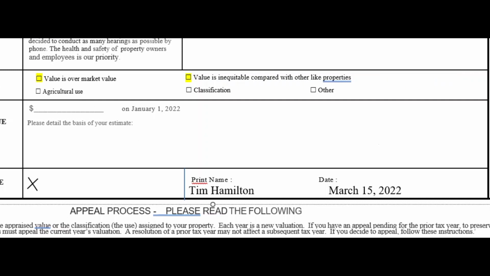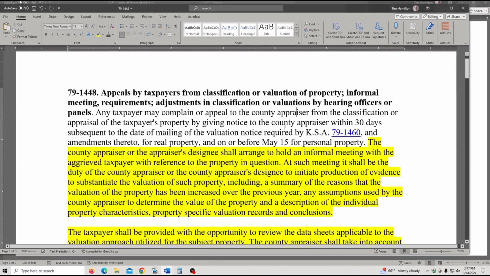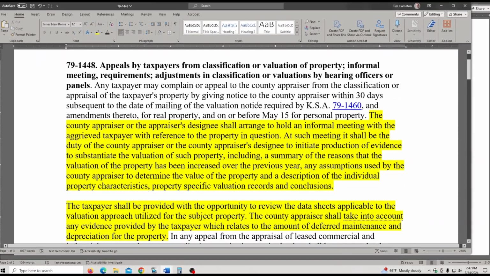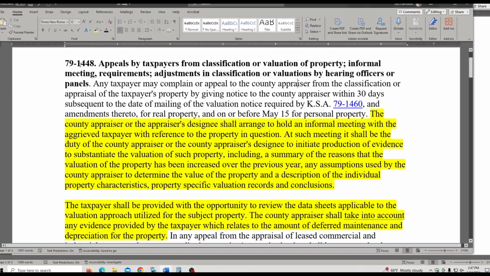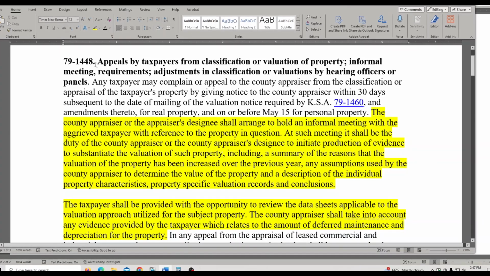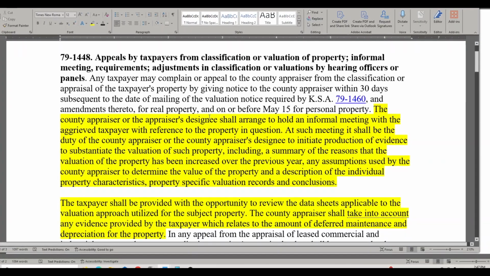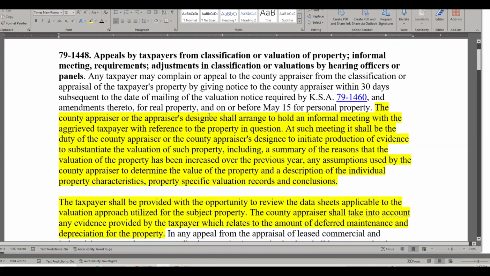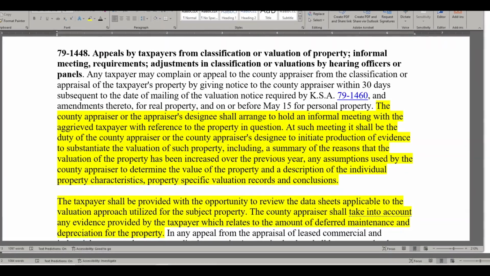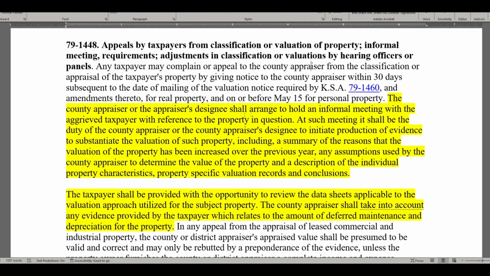Let me show you something. Let's just look at this real quickly. This is the statute in play here, and this is KSA 79-1448. If you're going to appeal your taxes, I've highlighted the portions here that I think are significant in this decision for you.